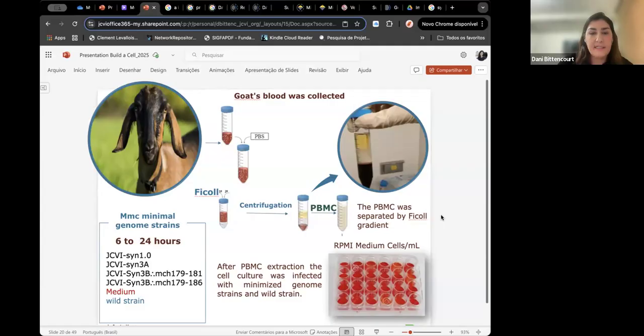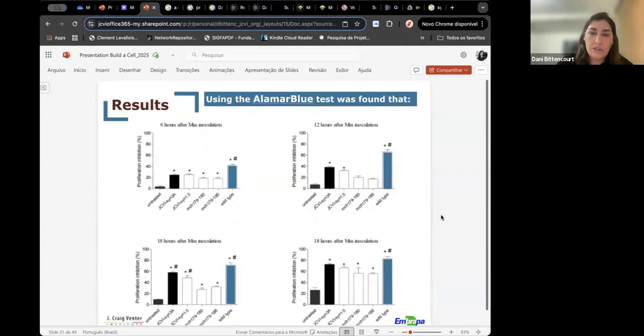So here, what we did was to co-cultivate the mutants of the cells, syn1, syn3, and not the mutants, together with the PBMC cells. And here we're just checking for the proliferation of those. And after 18 hours, all of the cells interfered with the proliferation of the lymphocyte and monocyte cells,